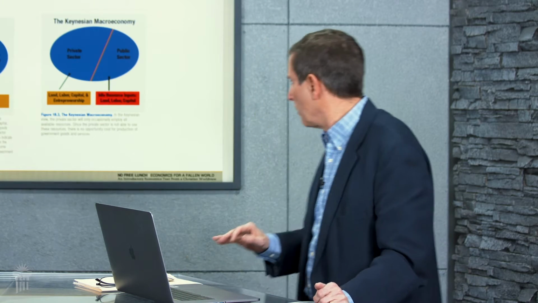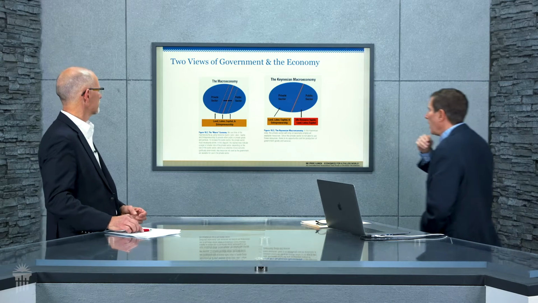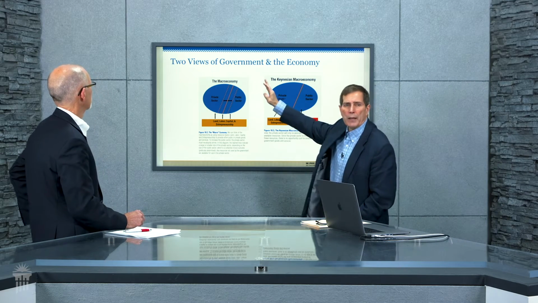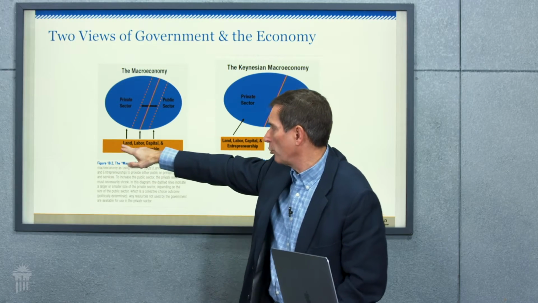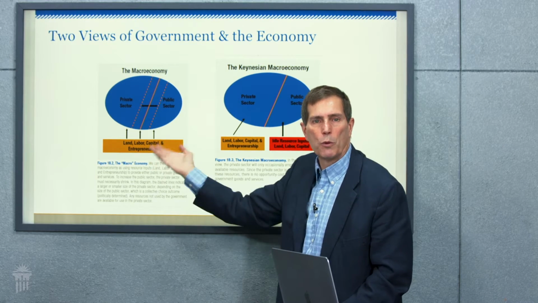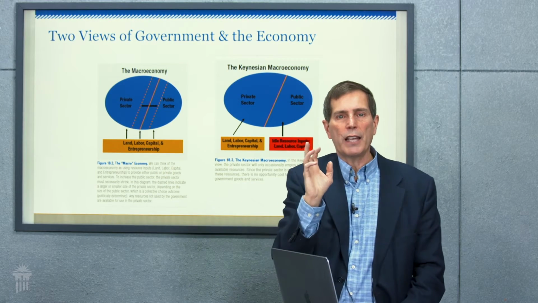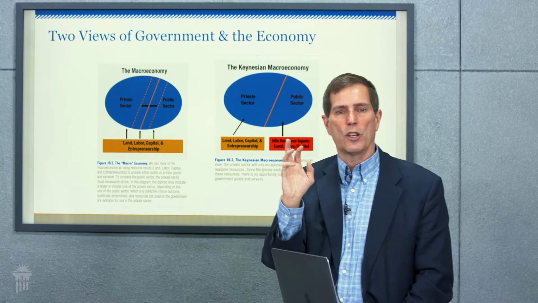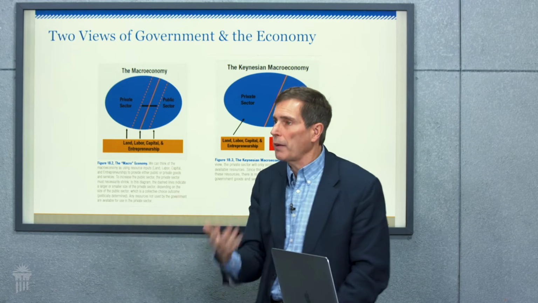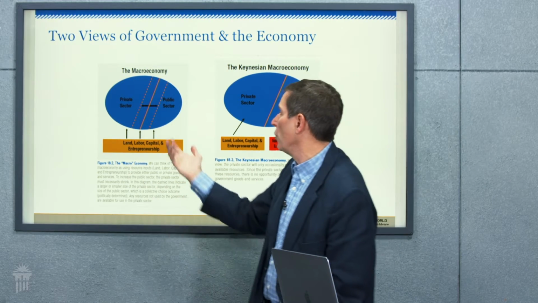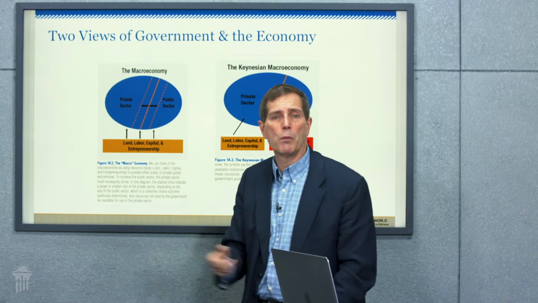We're going to get to that in a subsequent video. But for the way to think about it, I've got a chart here from the book. You can think about the macroeconomy. The overall economy has a certain amount of resources, land, labor, capital, and entrepreneurship that would be involved in producing things. And you've really got two choices on what you can do with this. You can use these resources in what we call the private sector. That's where you think about the market economy being. But also you can apply some of those monies in the public sector.